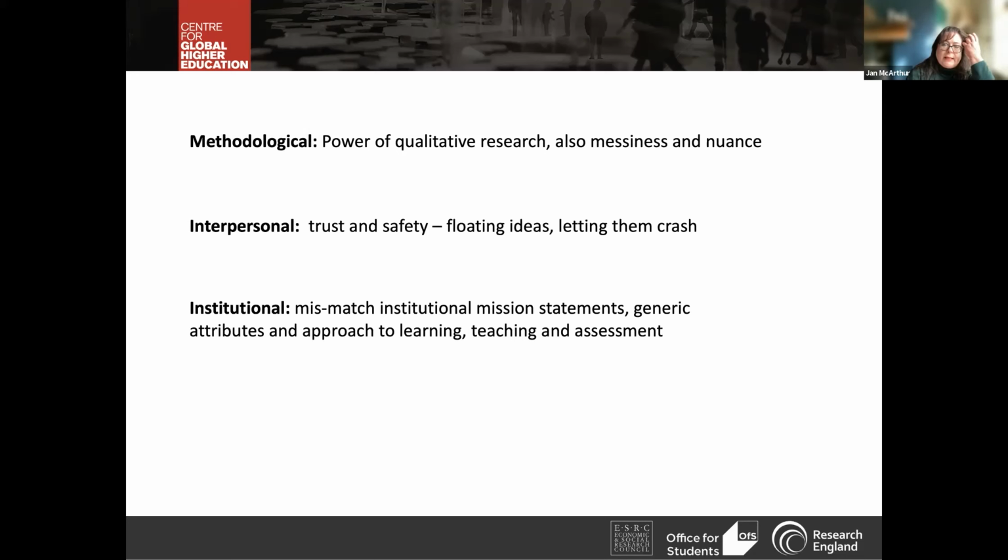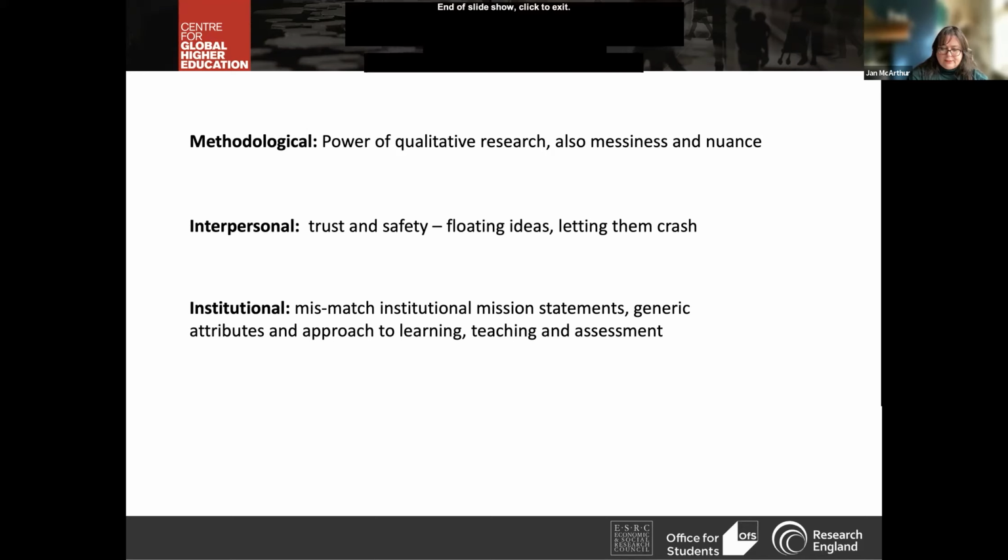There's an institutional lesson about the mismatch between institutional mission statements, generic attributes and approaches to teaching, learning and assessment. We were looking for this social orientation from our own very particular perspective, but one could argue that most mission statements and generic attribute statements include something like this, and yet there's a mismatch in terms of what actually happens. And that's strongly linked to our last point, which